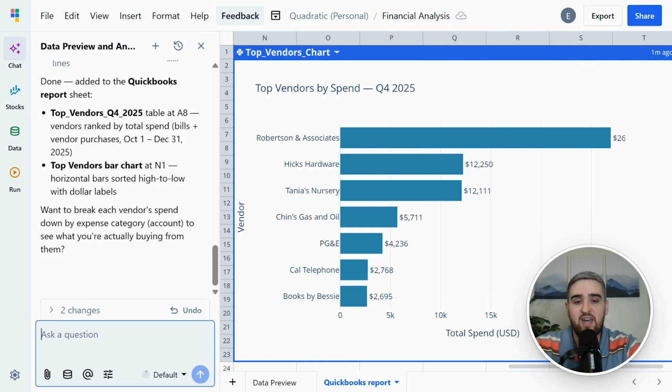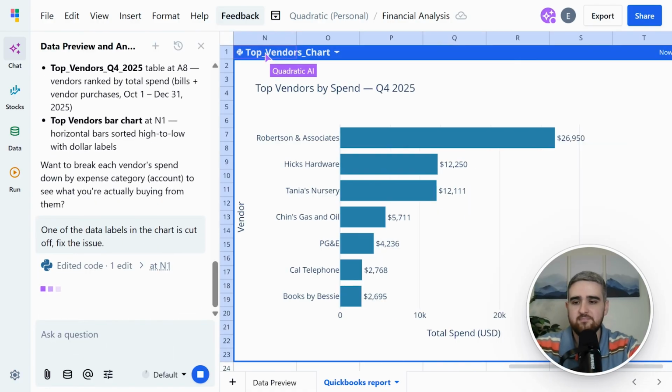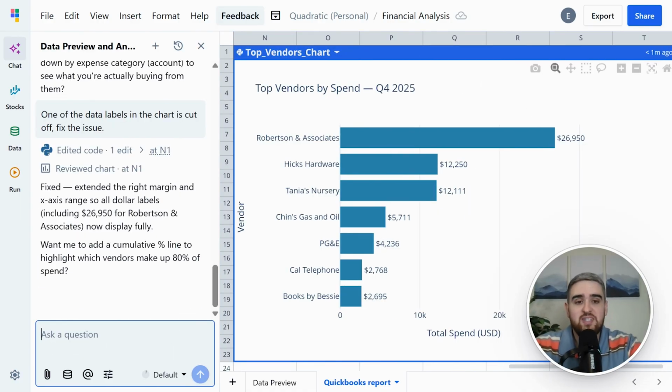And as an example of that, I can see that my data label is cut off a little bit right here, but that is no issue with Quadratic. I'm just going to give it this short prompt to fix it and hit submit. And just that easily, in about 10 seconds, it fixed the issue with the data label,